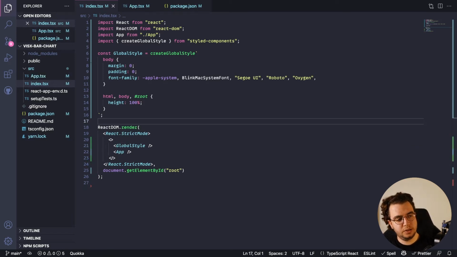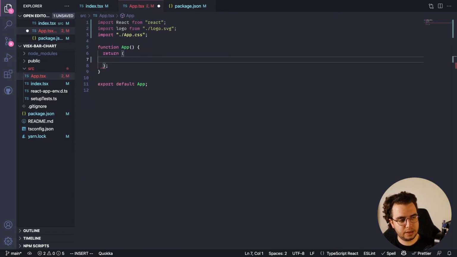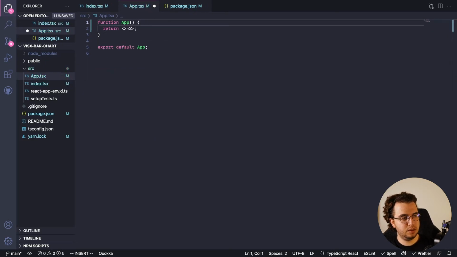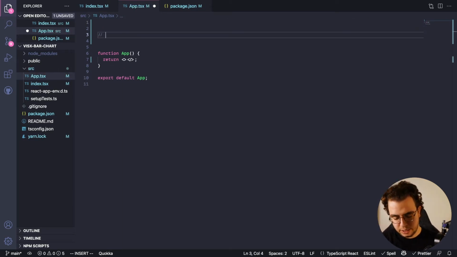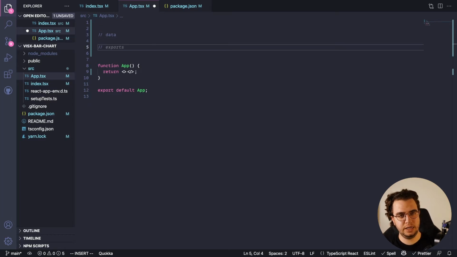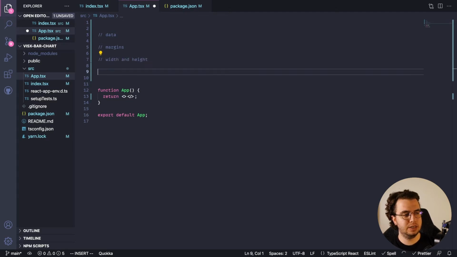All right, so from here, let's go to the app.tsx. I don't need anything from here. Yeah, nothing. So let's start from the step-by-step of what we need to create here. First things first, I need the data. Then I need to define margins. Then I need the width and height. Then I need to define the inner